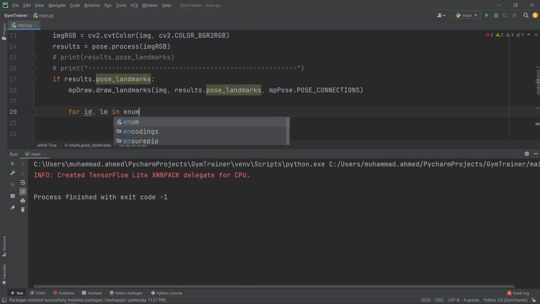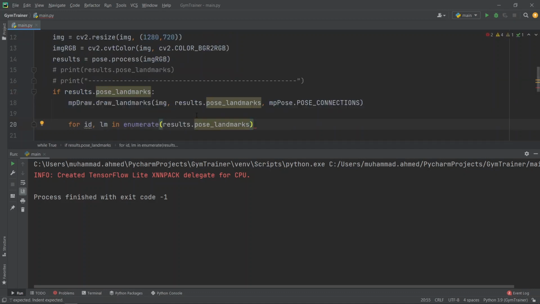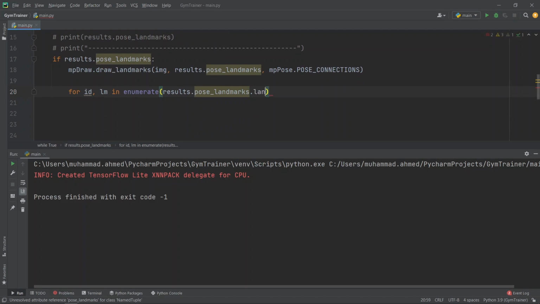In enumerate, we are enumerating on this list, and for that we will go for calling the landmarks. Now what this statement will do, let me just write it first and then I will explain it to you. ID and LM,